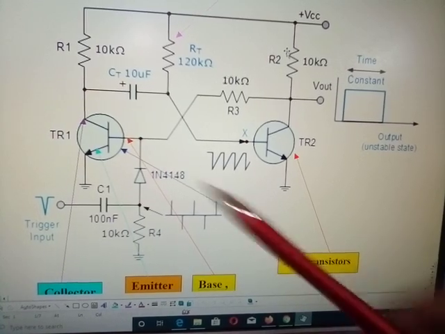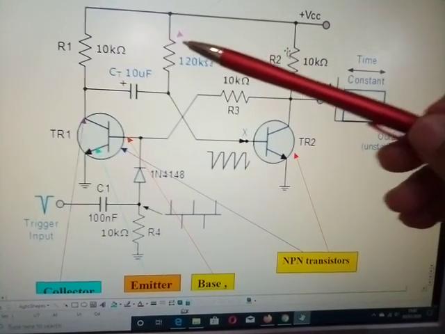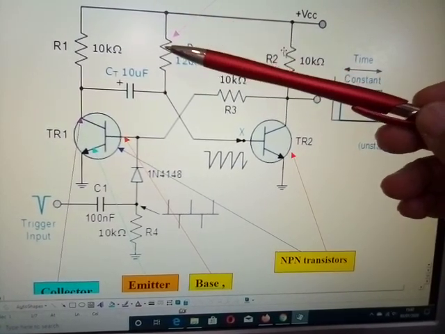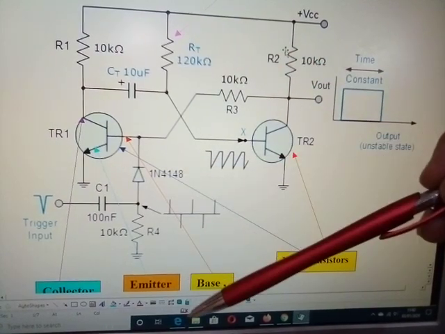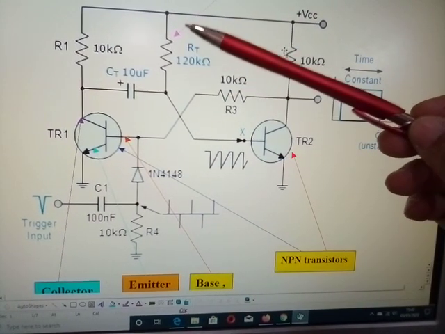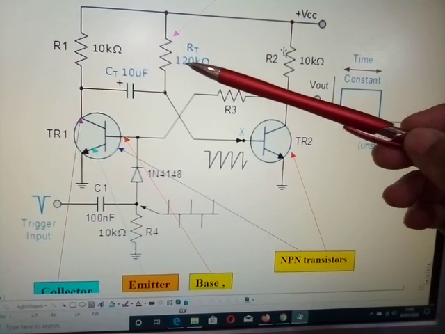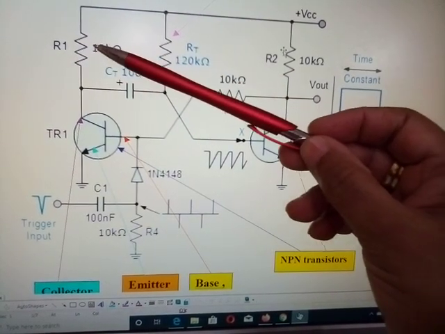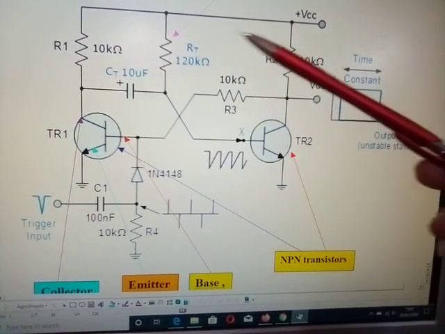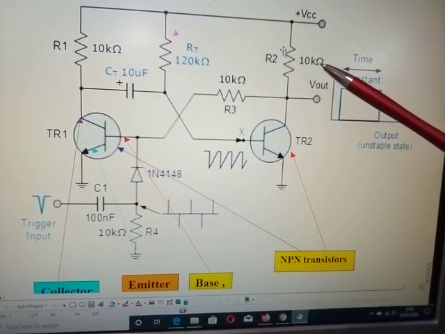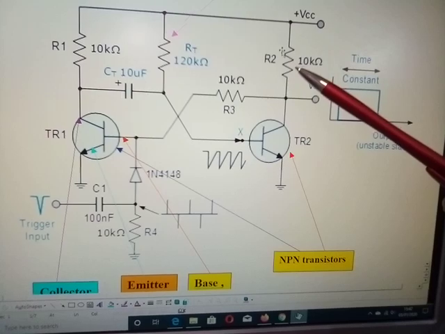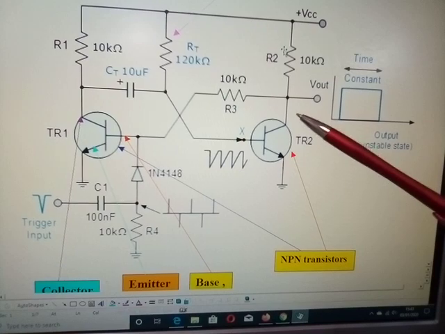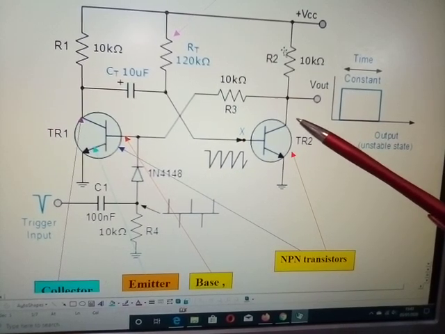Now here we have R1 and R2, but for some reason in my mind I would have called this R2 basically, and you will see that I've made a mention of it in the text further down, but let's continue to treat this as RT, okay? And you'll see that it's at a value of 120,000 ohms. R1 is 10 kilo ohms, which means 10,000 ohms. R2 is also 10 kilo ohms, okay, 10,000 ohms, and that is the resistance. What this does, it allows a potential to be developed at the collector stage of the transistor. Okay,